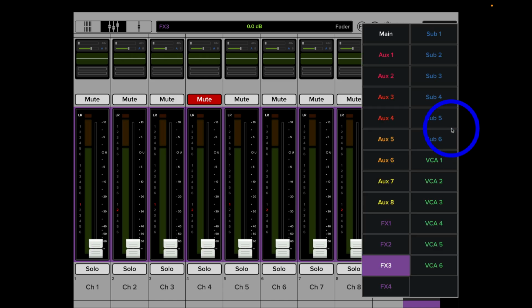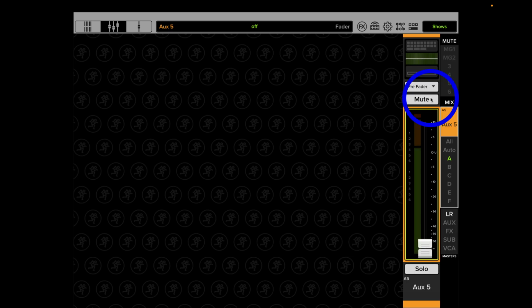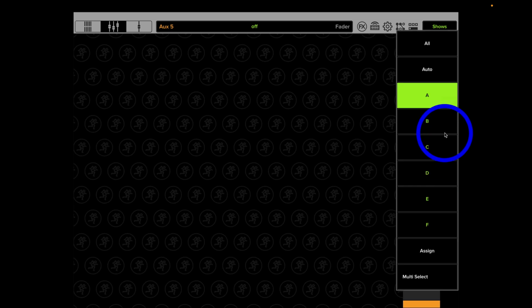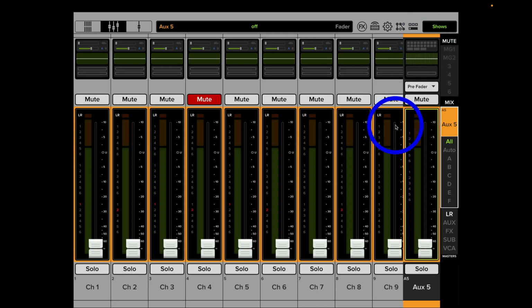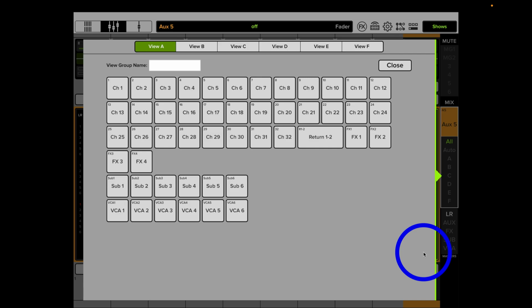So if you pick, say, for instance, somebody's in-ears on 5, and if you have, for instance, A, you're not going to see anything here, but it still is working on AUX 5. But if you want to see all the channels, pick all, and then you can work on all of them. Again, if you raise the sliders of all the ones that you need, the auto can work, but I like to make this today. So I go in here and then assign, and I make